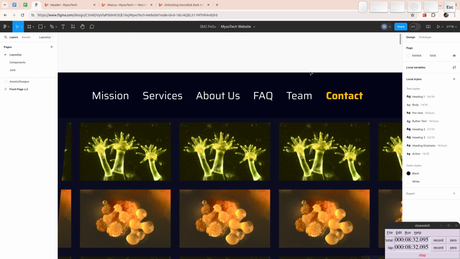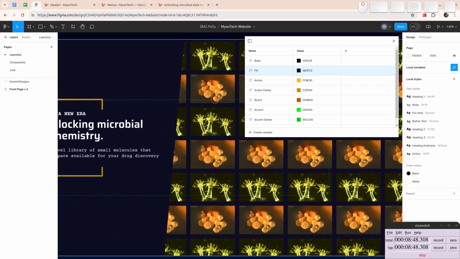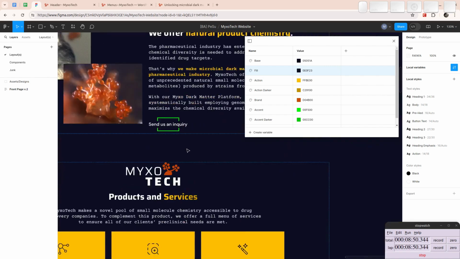So in Figma here, I just press escape until we're on the top level, which is where we already are. Go to local variables. We've got the colors. We've got a base color, and we've got a fill color, which is just a slightly brighter version of the base color. While I was building this, I kind of saw this and thought this was kind of redundant. So what I'm going to do is,